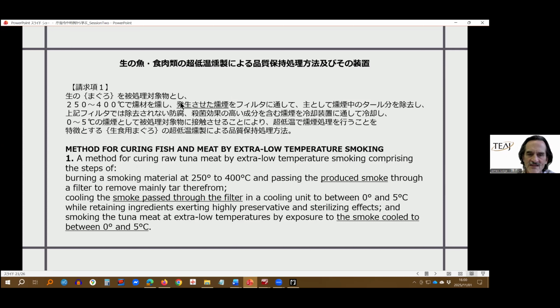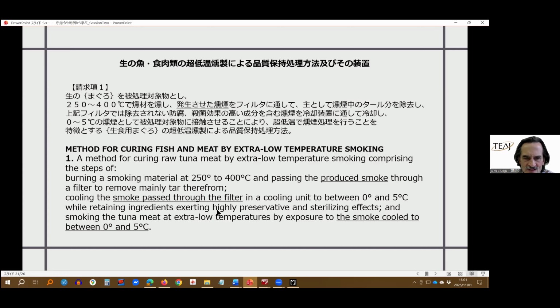It's very clear that hase saseta is kun en o filter ni to shite. It's clear that this is just saying generated smoke is fine, so that's the same as produced smoke. But the key here is that really this Japanese claim doesn't really have any clear steps. That's kind of a big problem in terms of how the claim should be rendered and how it will be examined in the US. But what I see as a really interesting and big problem here is to shite